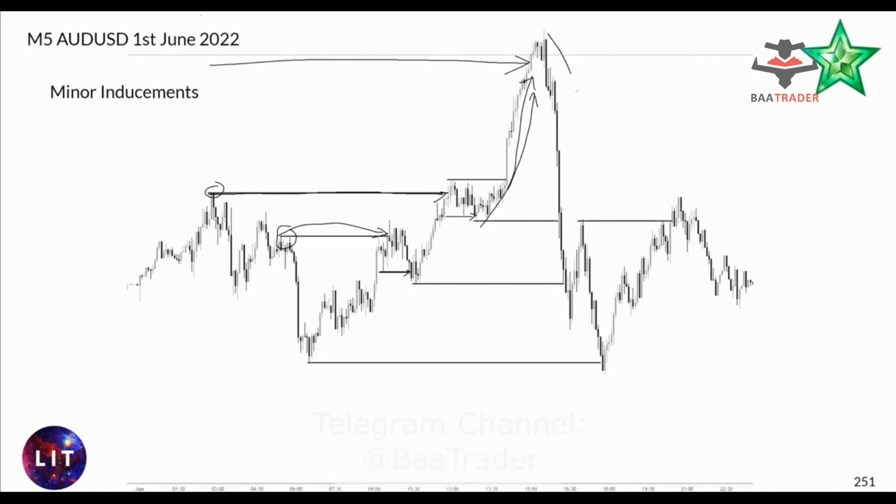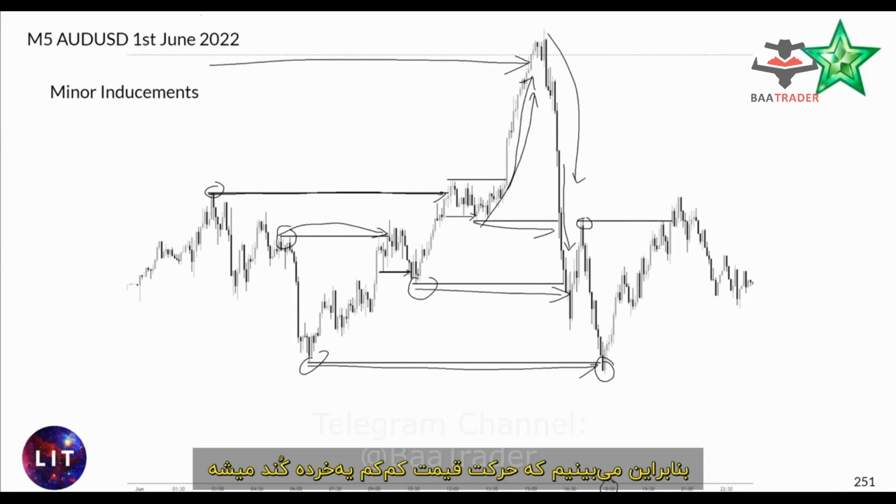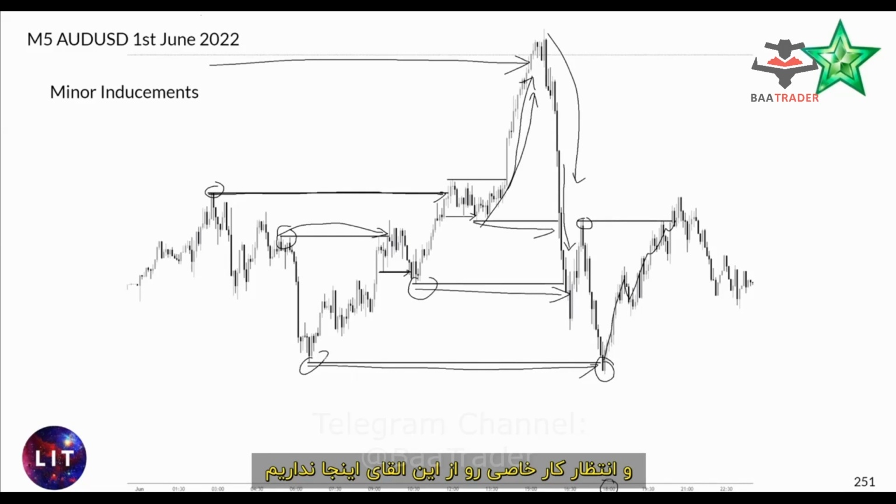And then what do? Crash back down, taking all of these points, minor, minor, and minor. Again, notice the momentum, notice how we induce something, we get a pullback, but we still have liquidity lower. So we come and collect that. We're getting towards the end of the day. So we see price begin to stall around a little bit, and we don't expect anything huge from this inducement